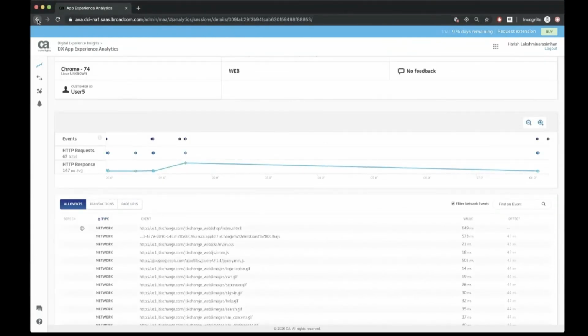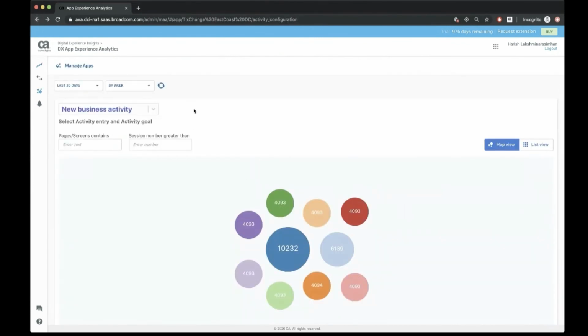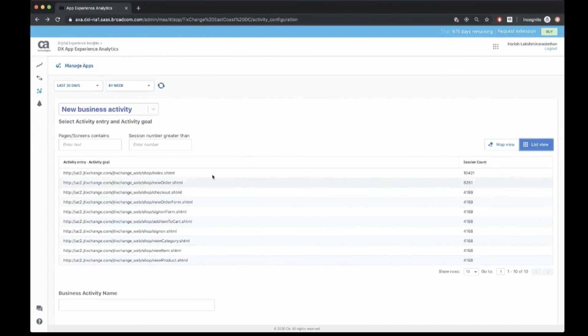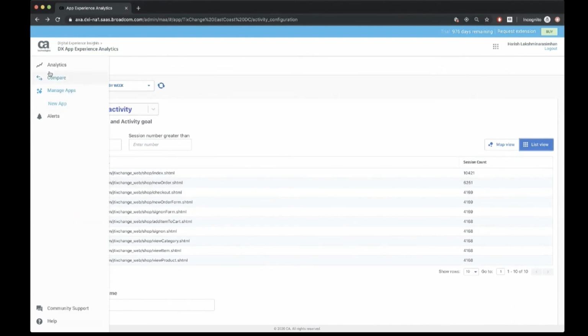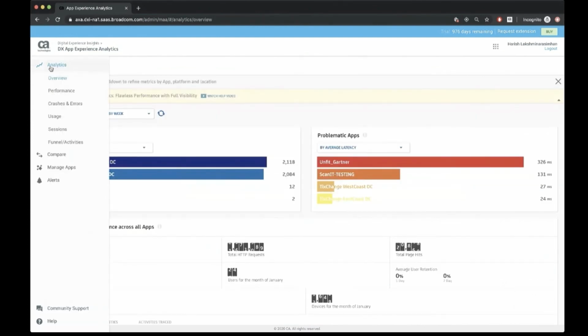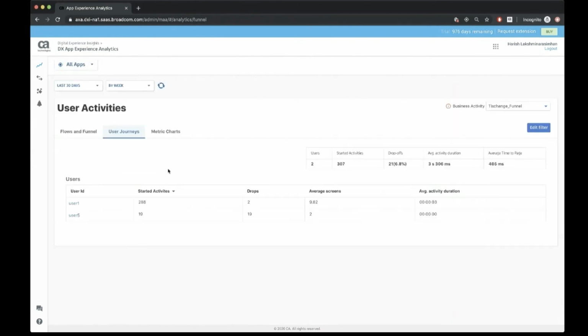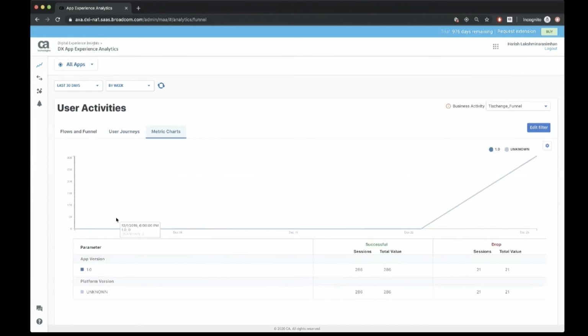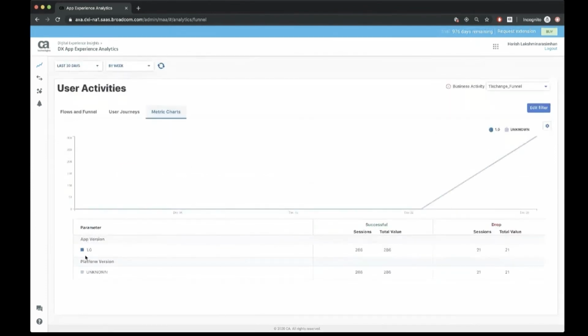Going back to the funnel shows me not only the analysis on why the user dropped off, but also the ability to look at the individual drops and the individual users and metrics around why these users dropped off. Now, looking at the metric charts for this specific funnel that we call Tick Change funnel,